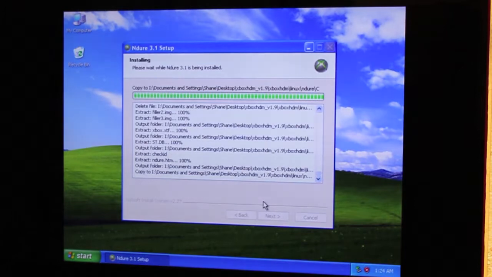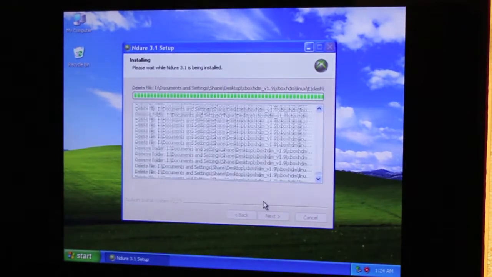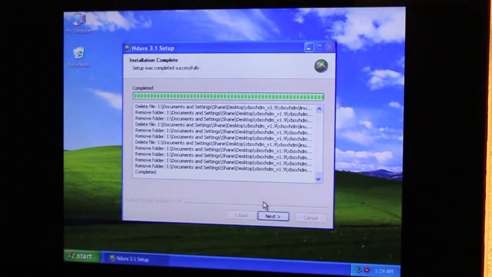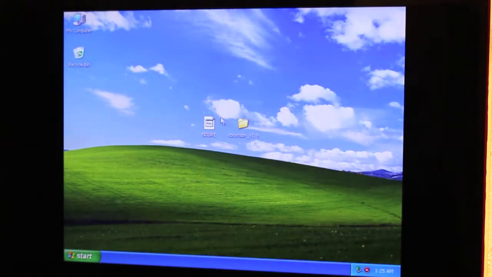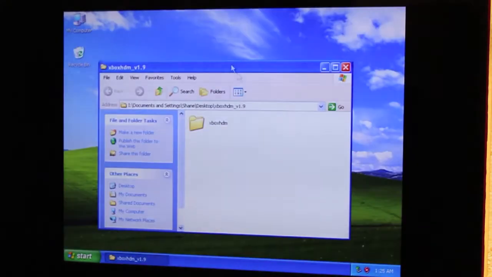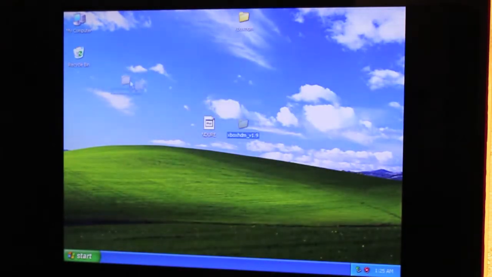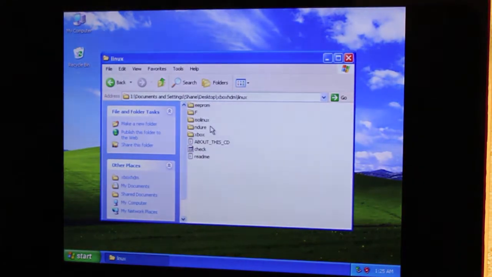You can burn it to a DVD if you want. It fits on a CD though, so that works. CDs burn quicker, don't need to finalize as much. And we're done. Next and finish. Endure is gone. Into the Xbox HDM folder, which has an Xbox HDM folder inside it. Get rid of that one, don't need that many folders. And we're heading to Linux,